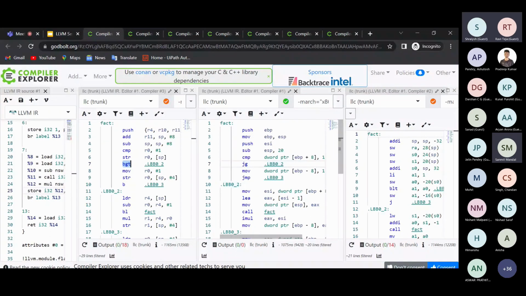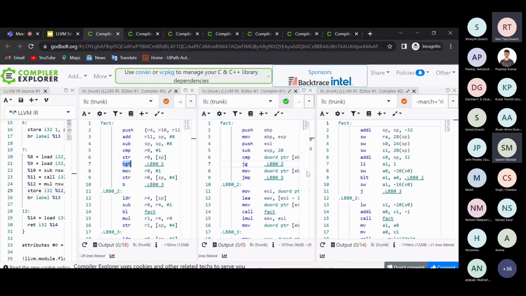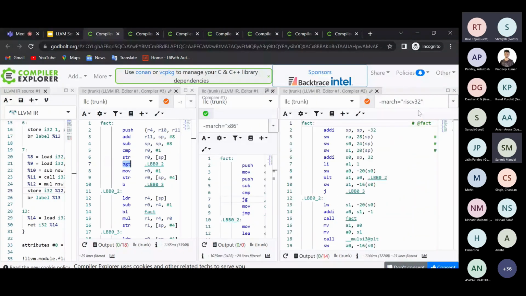And the third one is, I think, RISC-V 32-bit. So using the LLVM assembler, you can generate assembly for different targets on different machines. Of course, these assemblies will run only on specific machines, but you can generate them on any machine.